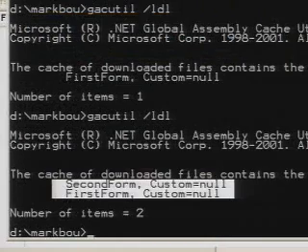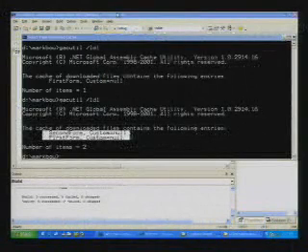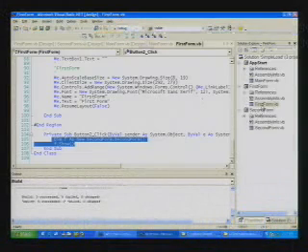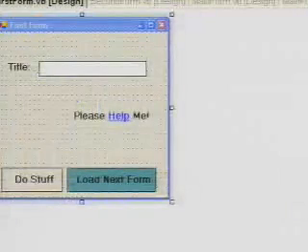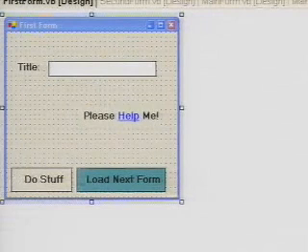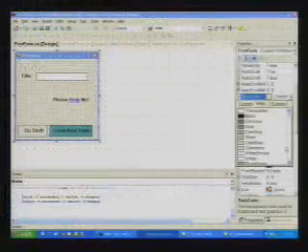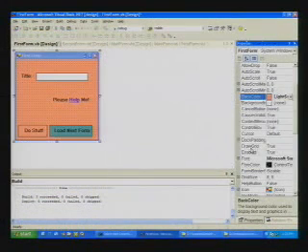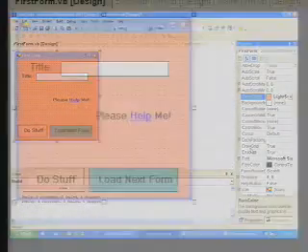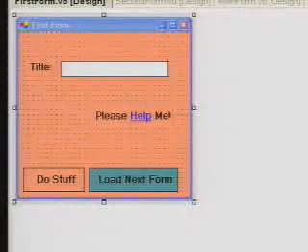So if we just go back to the form again, close the application down, and we'll go to first form, and we'll just make an update to first form. So if we go to the property grid here, let's say we want this to be obviously a web-enabled application, so let's change the background color of the form to be a web color, say light salmon. There we are. That's obviously a web application now because it's not Windows Grey anymore. So we'll rebuild this,